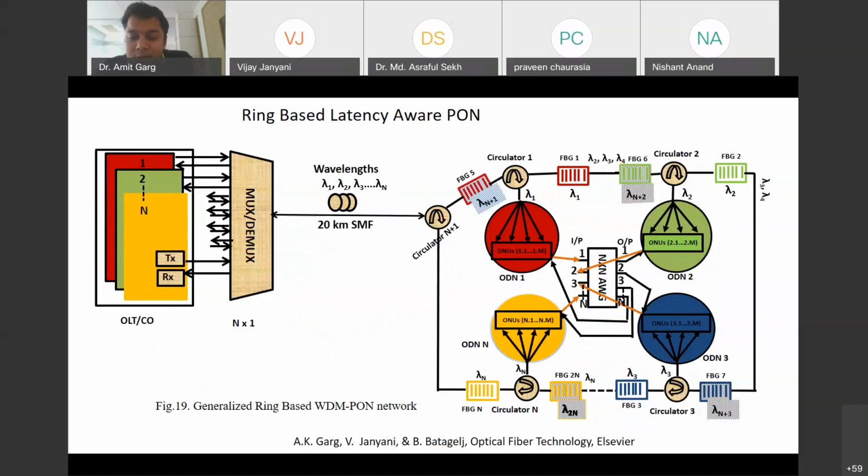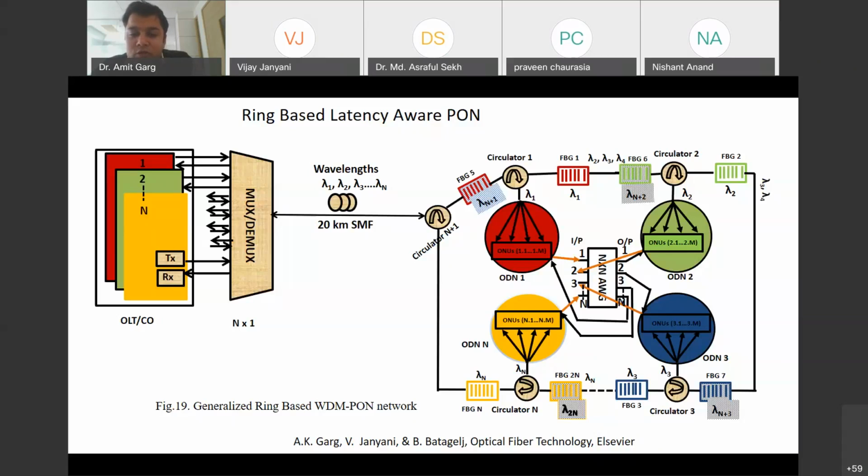You must have the idea about TDM PON and WDM PON, and to support next generation networks, we need TWDM PON, that is the combination of TDM and WDM PON, which is an attractive solution. In this architecture we have tried to make the TDM PON as well as WDM PON for the downstream direction also.